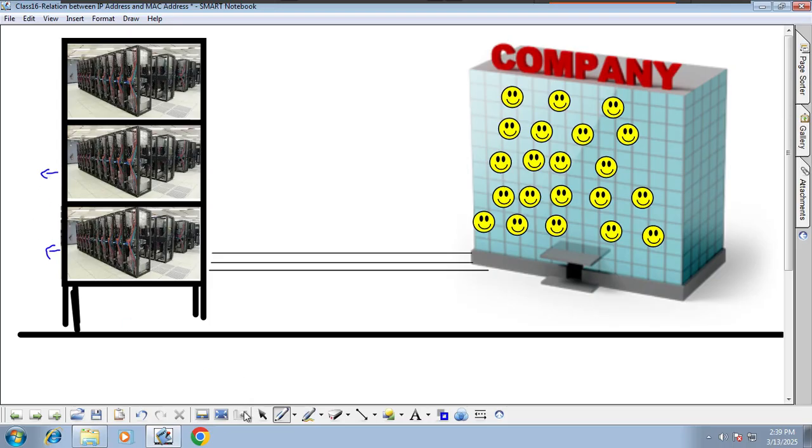In this left side building there will be many data center operators. You are one of the operators in the data center. Okay, you got a job in the data center. You are operating all the servers. Not you alone, your team. You are one of the fellows in that. So what I am going to tell you,